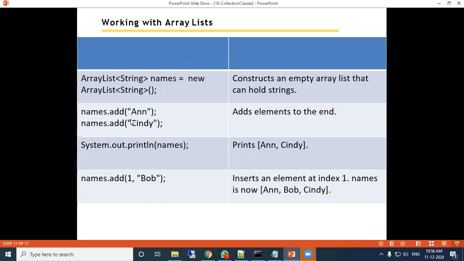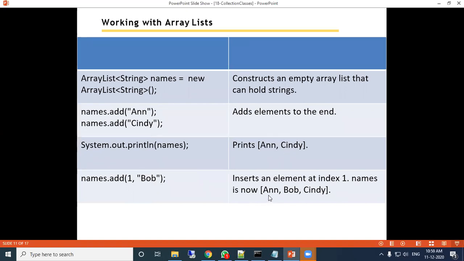So suppose in this sequence you have executed the statements. Now here it will create the space. Here Ann and Cindy are stored, then it is printed like this. Now at position one, after Ann at position 0, the data Bob will be inserted.